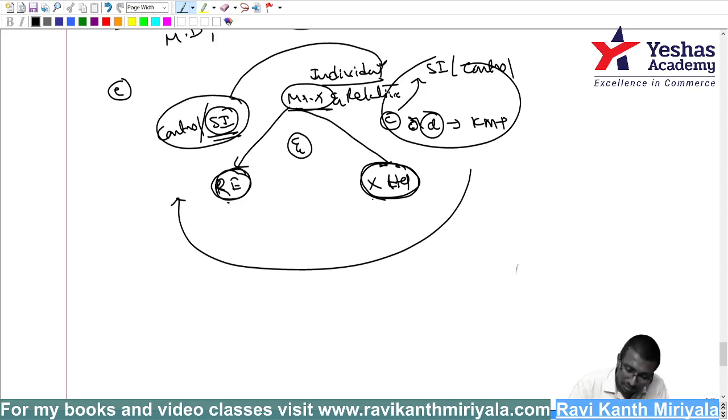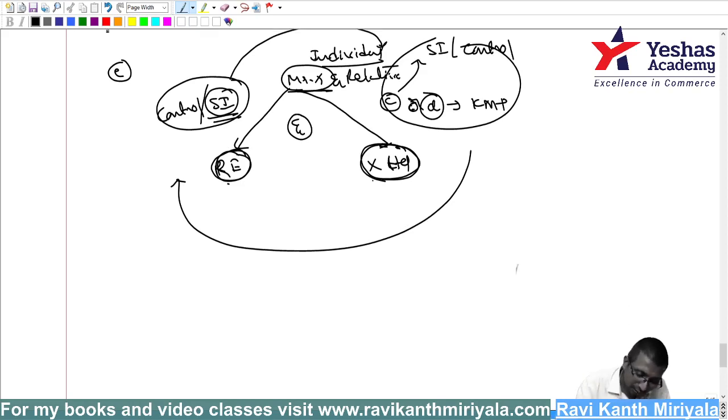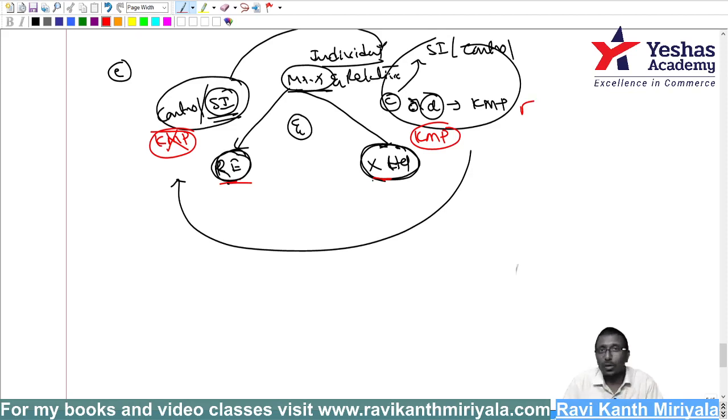But remember, listen carefully here. Suppose this guy is a KMP here. Will the reporting entity and X Limited become related? No. Why, sir? Because we did not say KMP on both sides. We said on one side KMP is there, so it satisfied one side, correct? But on the other side, it says significant influence or control should be there. So my point: one side significant influence or control, and the other side significant influence or control or KMP, anything is okay for that side. Hope you have understood.